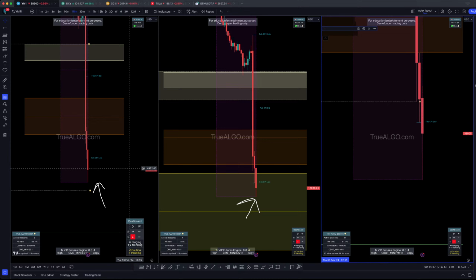beacon right there, where it should look to reverse bearish. You just need to get a bearish candle close. And right now where this candle closes, that is going to be a bearish confirmation. When gold closes above these two boxes, gold's going to go on quite the heated run upwards. So right now it looks like gold's at a place where the big players are going to take profits. Oil has a bearish scalp target and a bearish True Algo beacon that we'll be watching here in just a